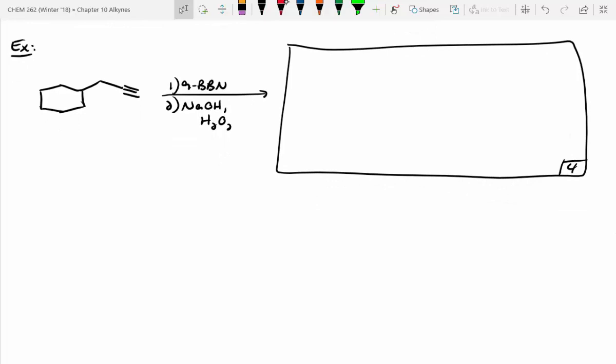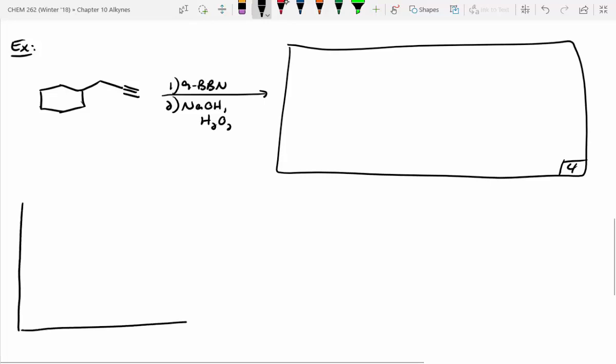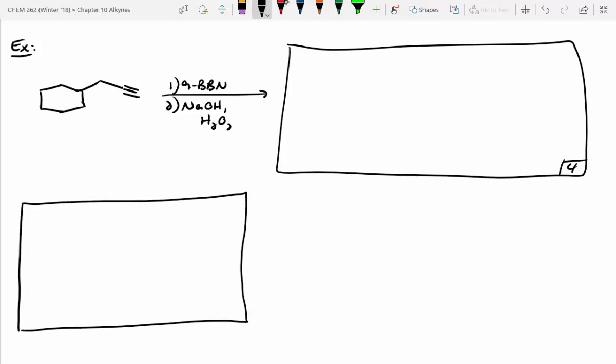So I'll give you guys a minute to do that, and then while you guys are working on that, I'll get the second problem drawn. This time we'll do the reverse, where you have to determine the starting material. And we've got 9-BBN, followed by sodium hydroxide and hydrogen peroxide. This time we're going to be making